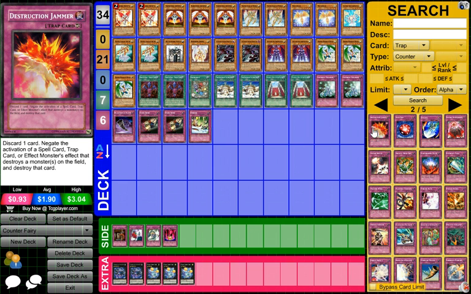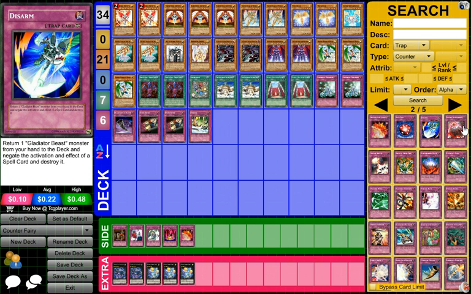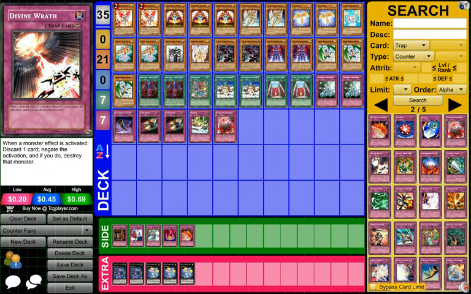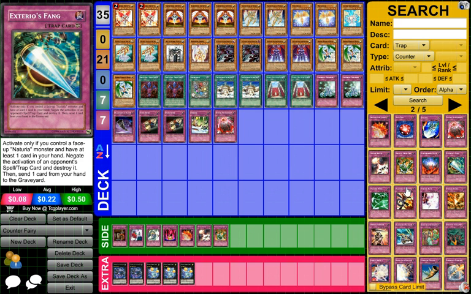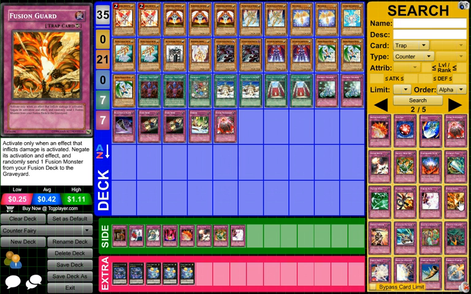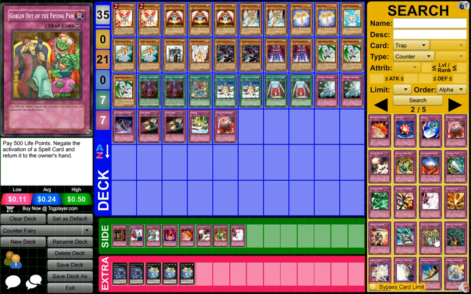Destruction Jammer could be good. Dice Try, no. Disarm requires Gladiator Beasts. That could be good. Divine Wrath could be good. Drastic Drop Off. See, like, the problem is all of these could be good. Forced Back, I've used in the past. Fusion Guard. No. See, all of these could be good in certain situations or with the right cards, except for